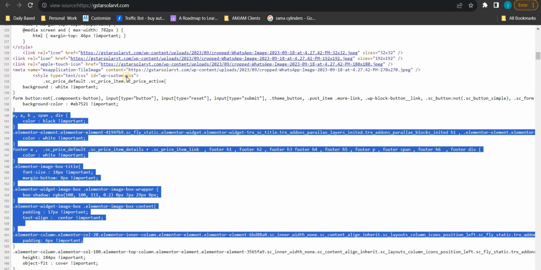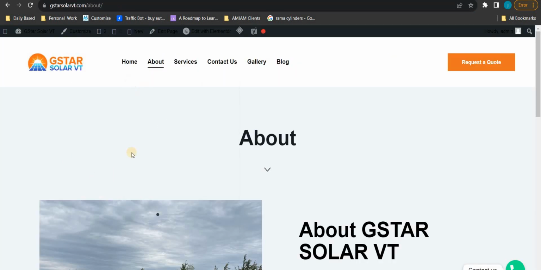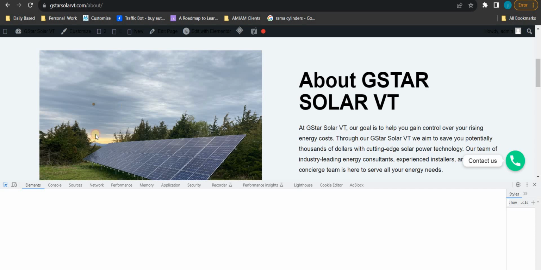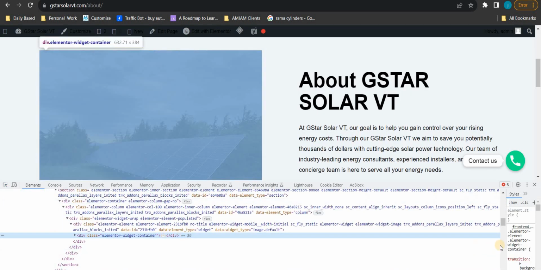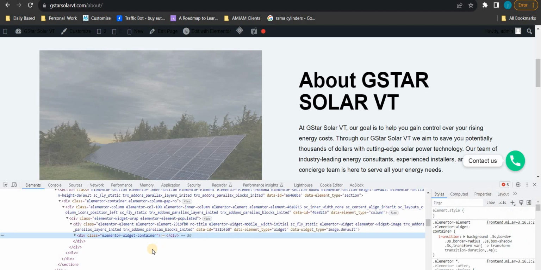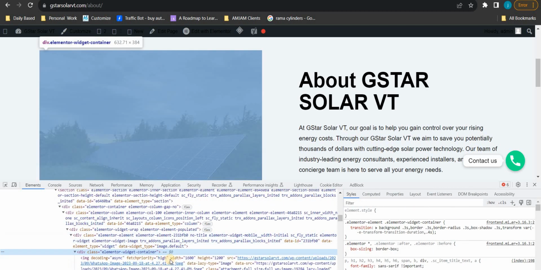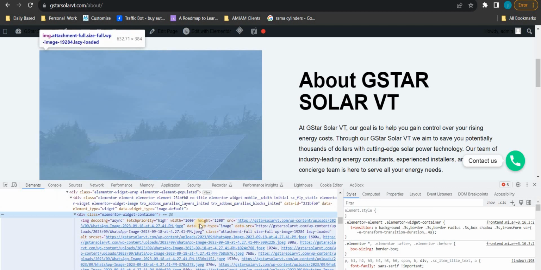If you see the website and click on this image, there will be a particular size, the width and the height. This is the automatically generated size, but